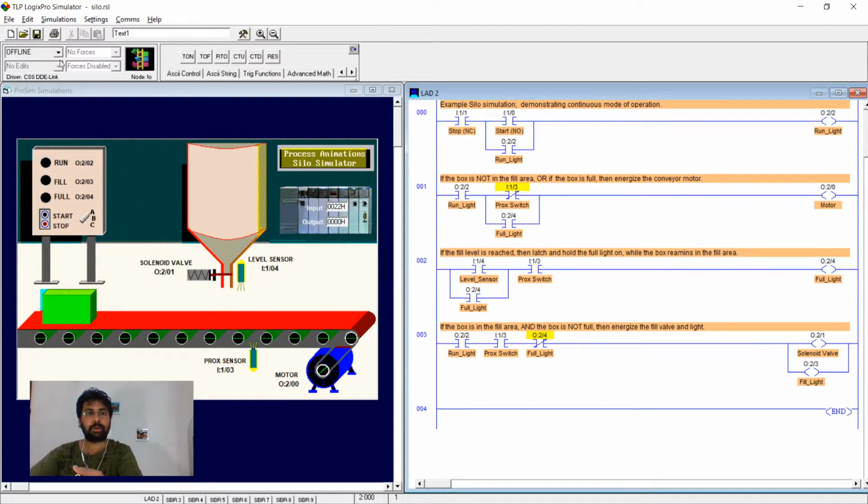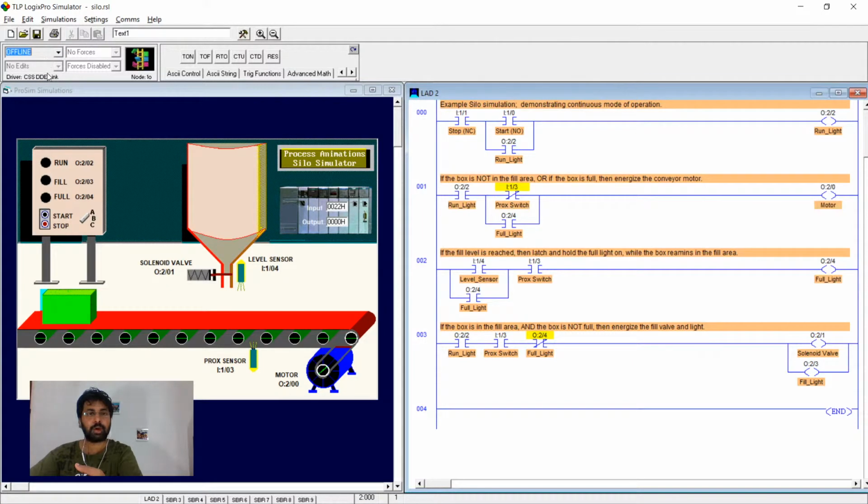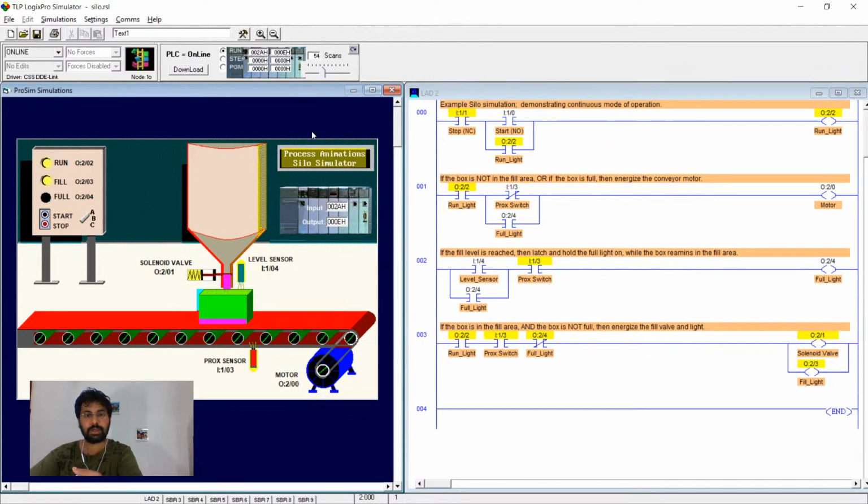Okay, so I'm downloading this to PLC. I think I've already downloaded. Yeah, and I'm switching online and run mode. Okay, now I'm just pressing this start button. See, now you can see, yeah, it's filling, and after completing that box will go, another box will come, and after filling that will go, another box will come. So this is a simple automation, and using this you can have n number of automations here, but if